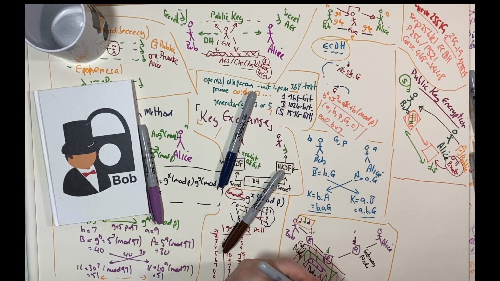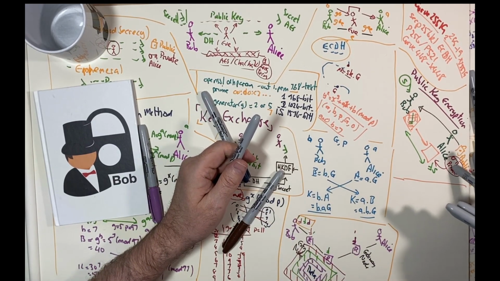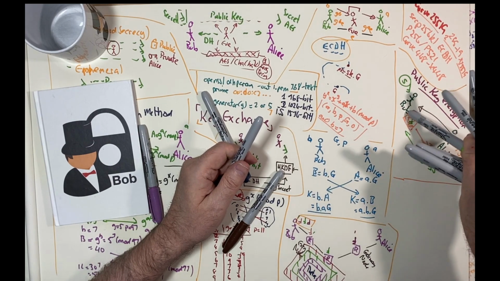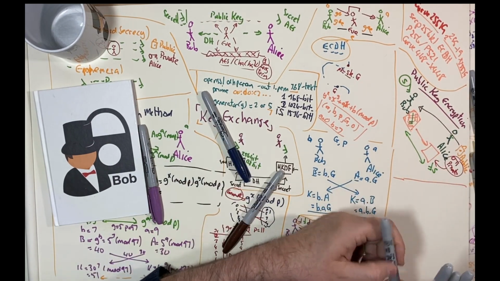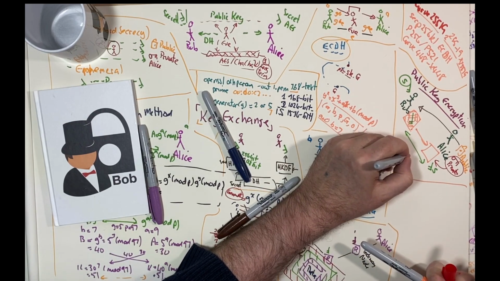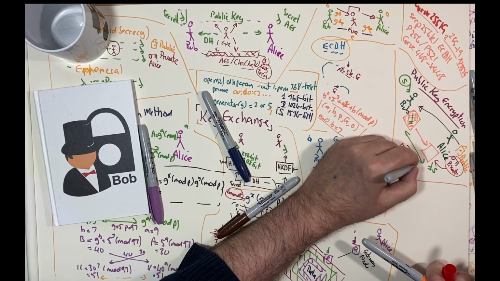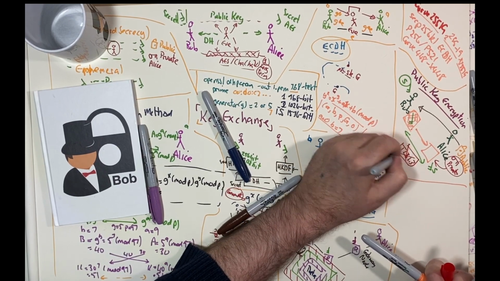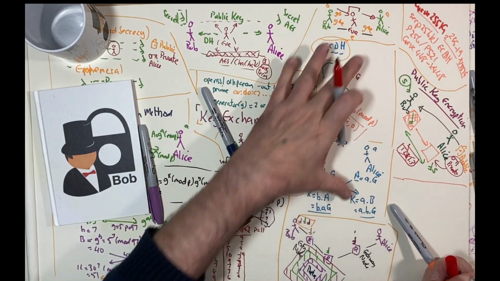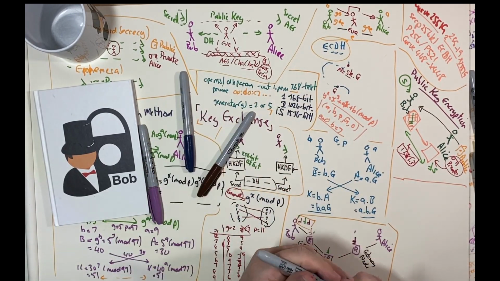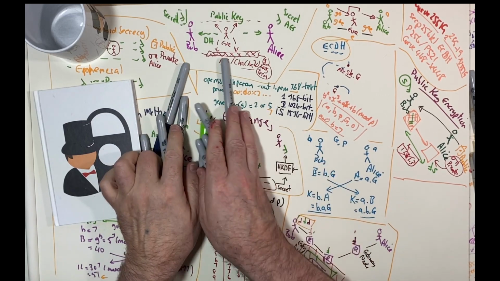The problem with this method is that a long-term hack or a hack of Alice's private key can actually reveal all of the keys that have been used. So TLS 1.3 doesn't use this method anymore. It will use this type of method with the elliptic curve Diffie-Hellman to do the key exchange that way.